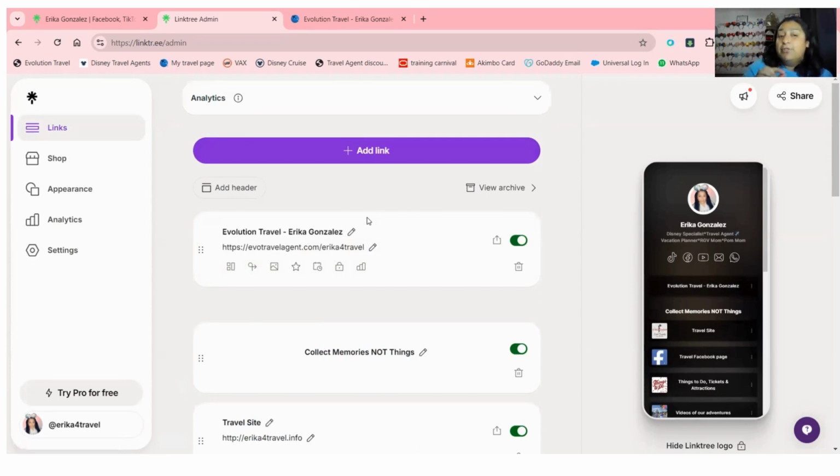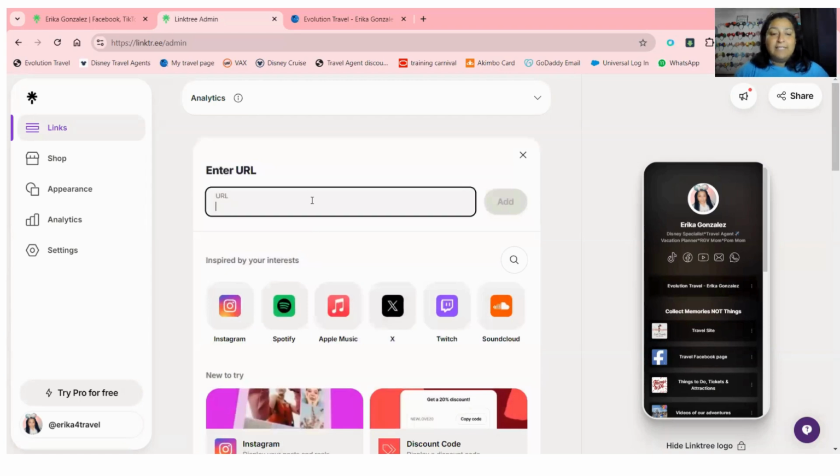Now, what you're able to do in this section is, you see how it says Evolution Travel / Erica for Travel? And then you see it right here too. That is going to be the name of the tab. Please make sure you change the tab names as you are putting them on here. Because if I go in here and add my Facebook, Erica for Travel, because I already know it,